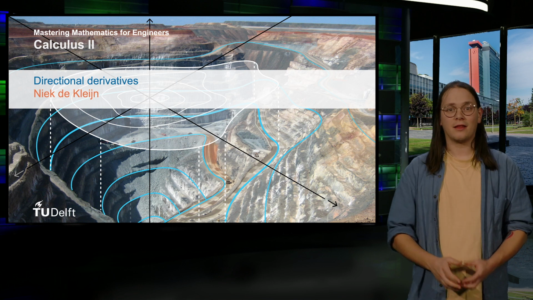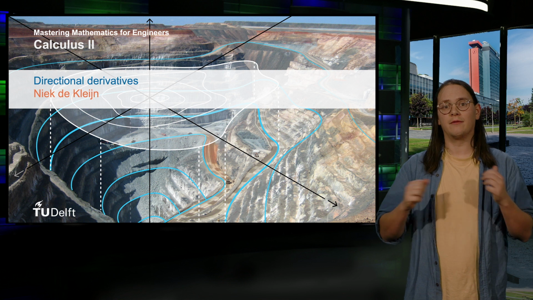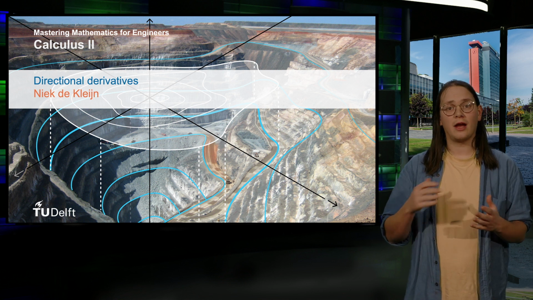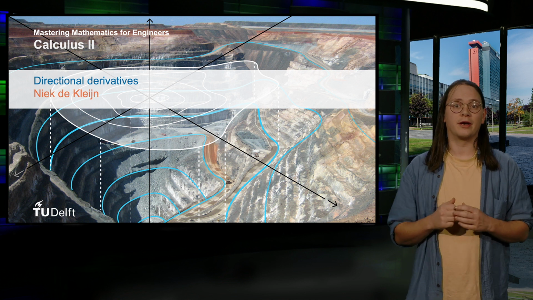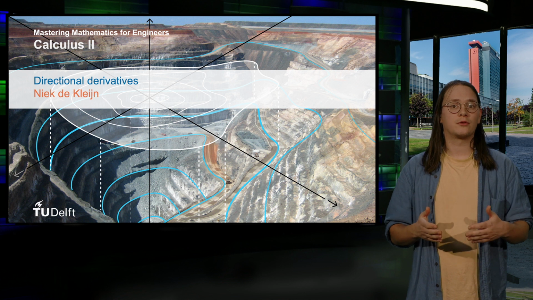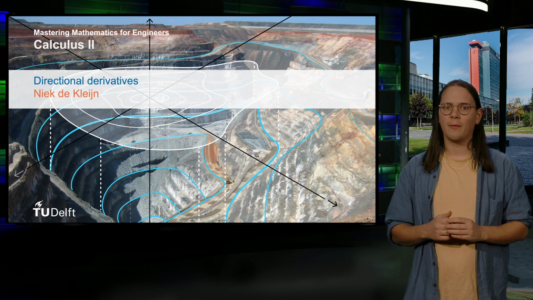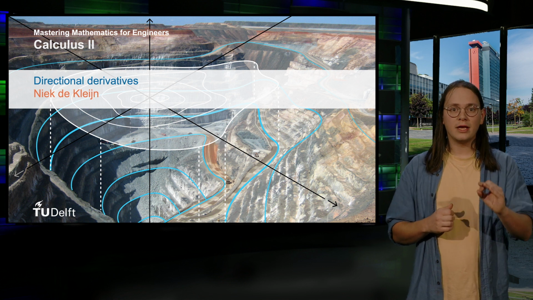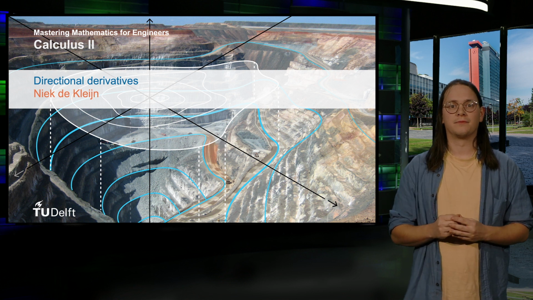Hi. At this point, we have a grasp on functions in terms of their formula, graph, and level curves. Moreover, we have been able to take first and higher order partial derivatives of a function. As was the case in single variable calculus, partial derivatives correspond to the slope of the graph. There is one significant drawback to partial derivatives that we have seen, however. They only give the slope in the directions parallel to the coordinate axes.